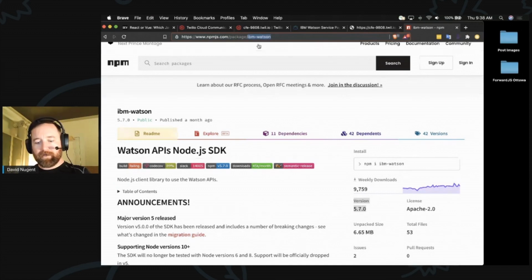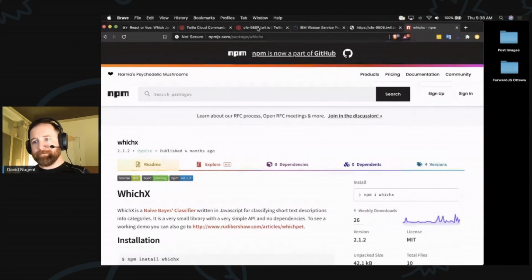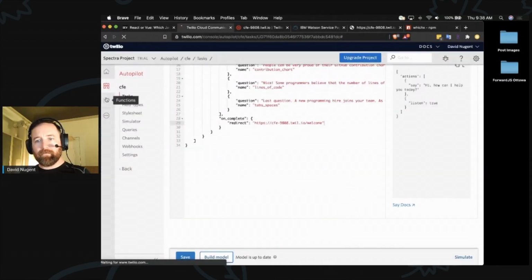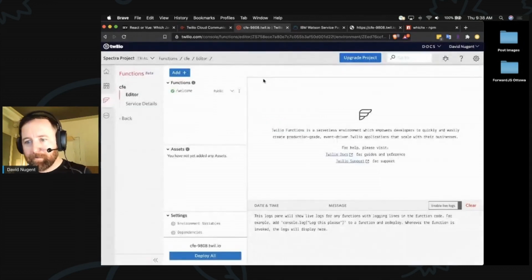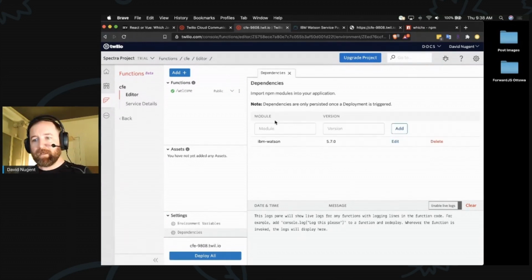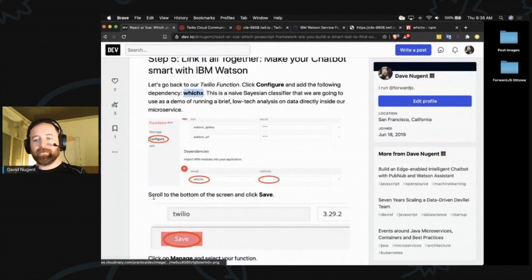Let's just make sure I get the version right for that. 212. So let's go back to functions. Oh, actually, I have that open right here. Go to dependencies, and we'll add which 212. Yeah, nice. Go back to our instructions here,